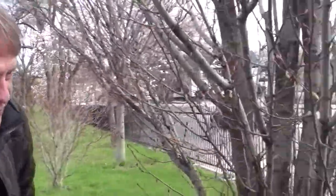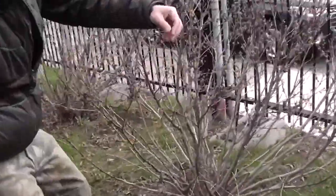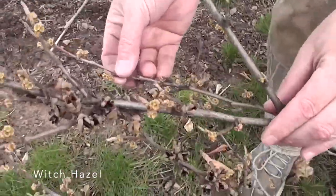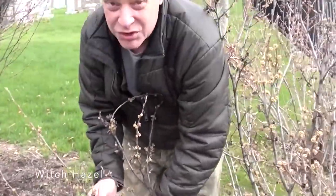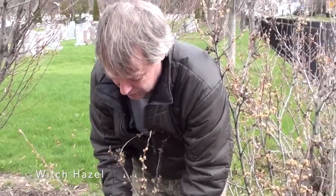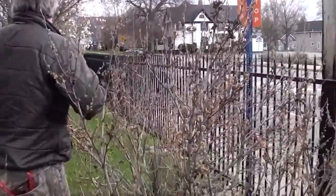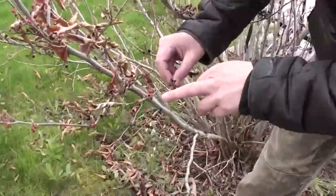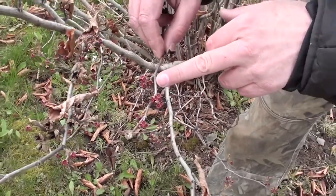Over here, I don't know if you can see them, we got a couple of witch hazels. And these are past bloom. This is a yellow. Again, this is past bloom. This thing bloomed in February. This thing bloomed when there was snow on the ground. So these are the earliest bloomers. And this is another kind of witch hazel here. And this one's got a red flower. But again, this thing's past bloom,